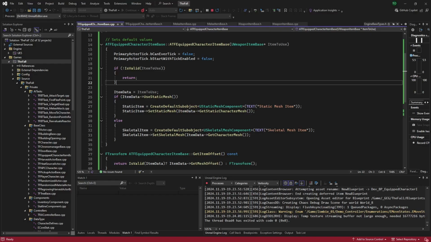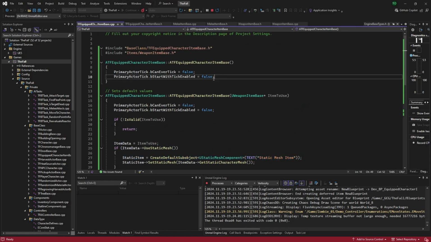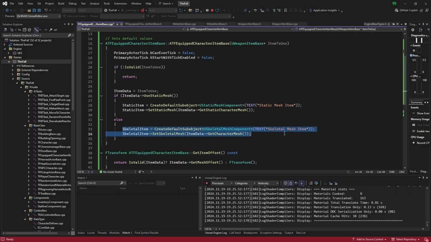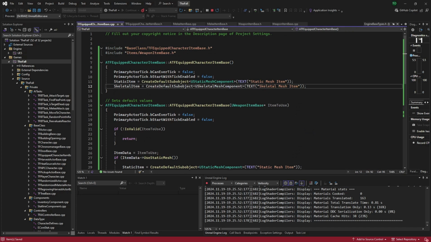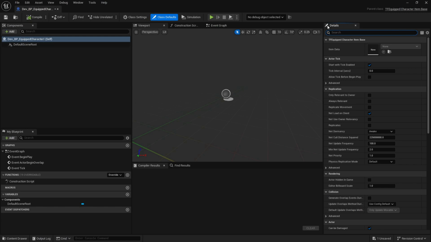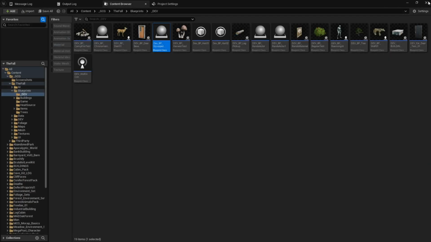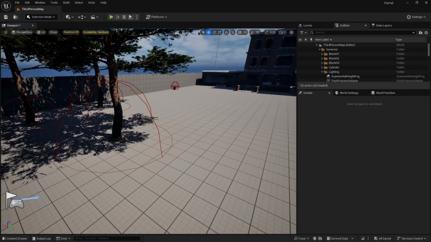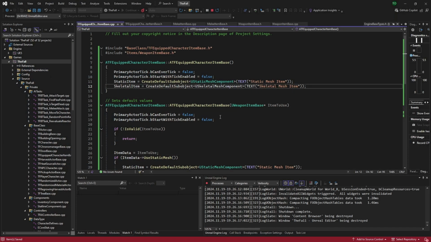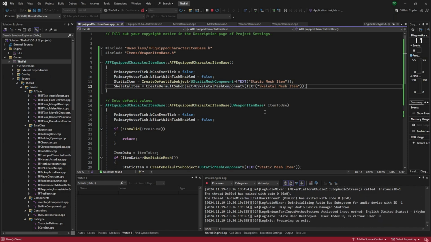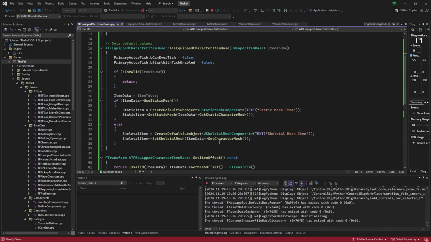The other thing I want to do, and this is just for the purpose of debugging, is I'm just going to copy both of these create into our generic constructor, because I want to be able to see those items here in the details panel for the item. So save this, close out of this, and I'm actually going to close out of the editor this time. So now that we've got that, though, we are going to go through and